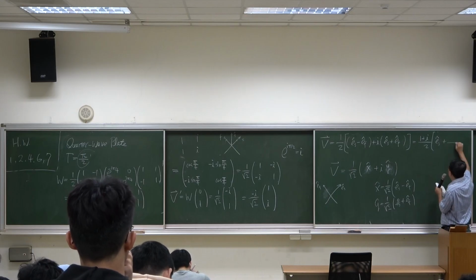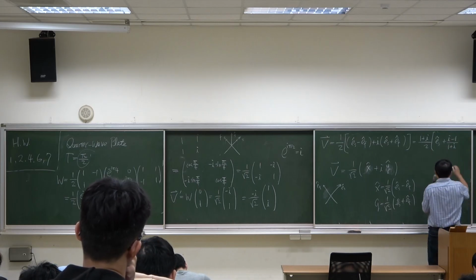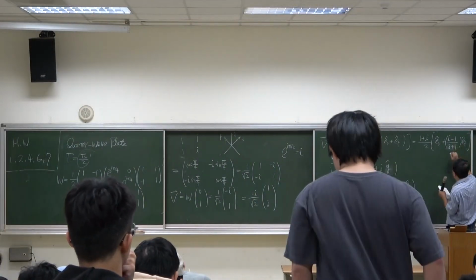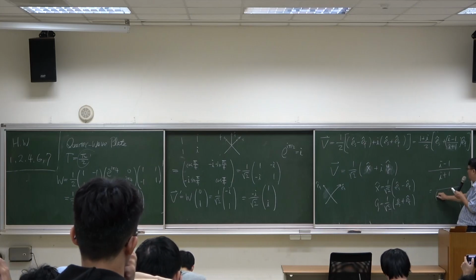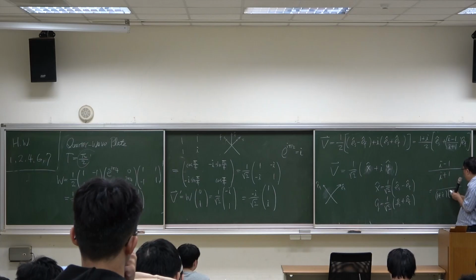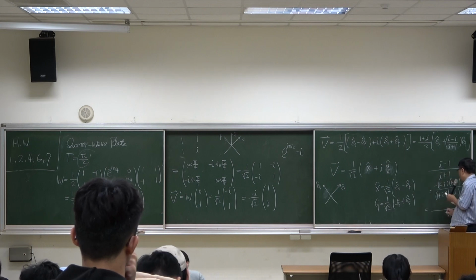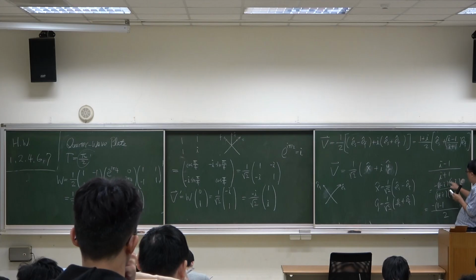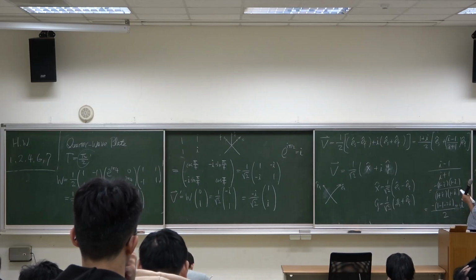Plus, what is this? This gives us 2 minus 1 minus 2i, and this is just i. Okay, so